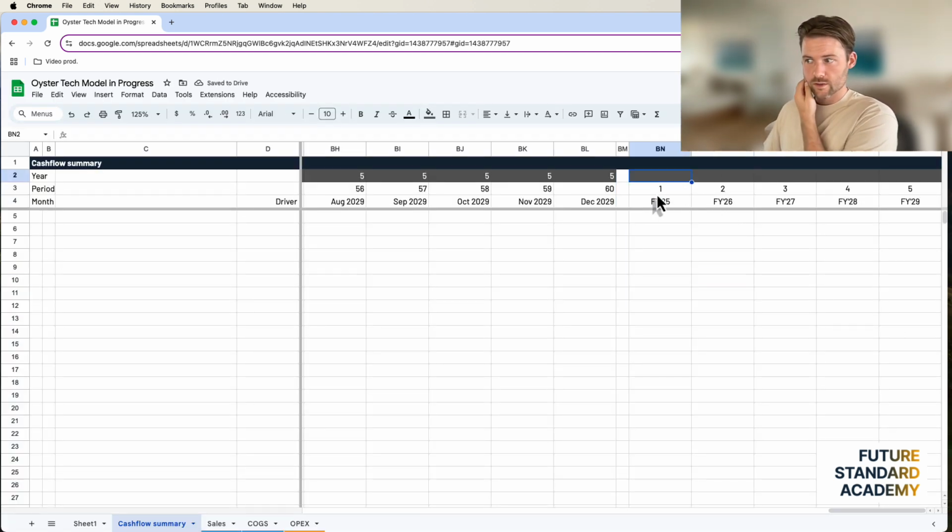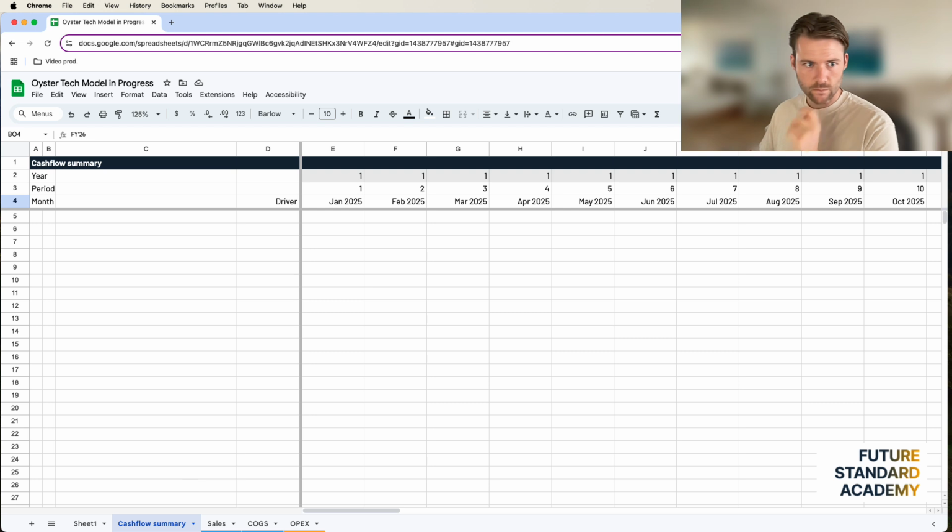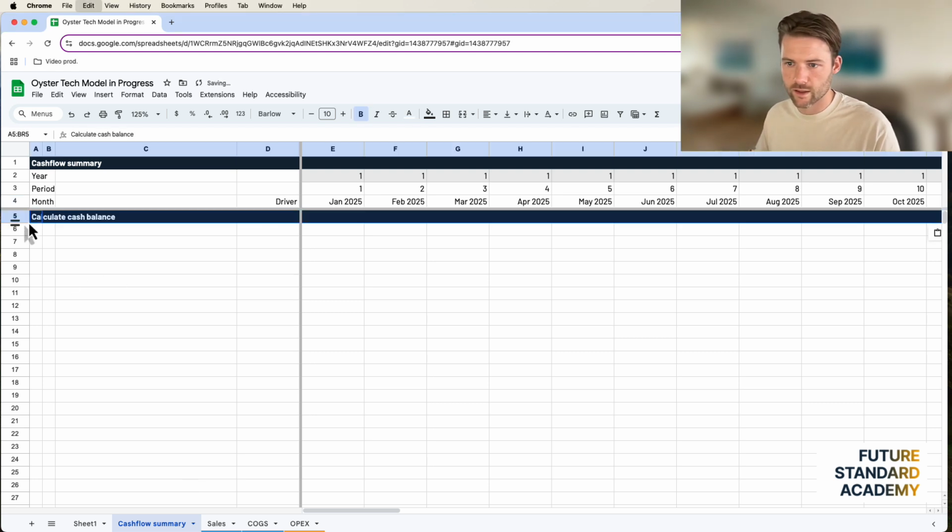One nuance here, when you get to the end, I have an annual counter. This is going to be the summary of this monthly information in annual format for financial year 25, 6, 7, 8, 9. And this is what's going to move over to the dashboard when I do create it. I'm not going to do it in this video for the dashboard, but you want to have some kind of annual counter here. I'll show you why.